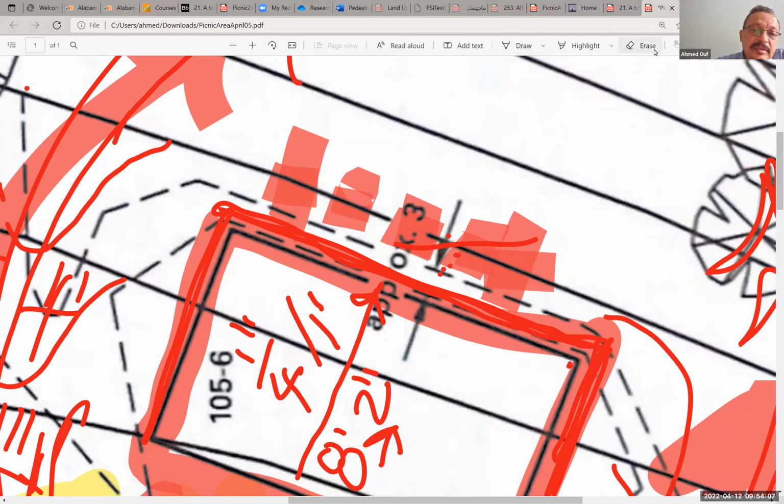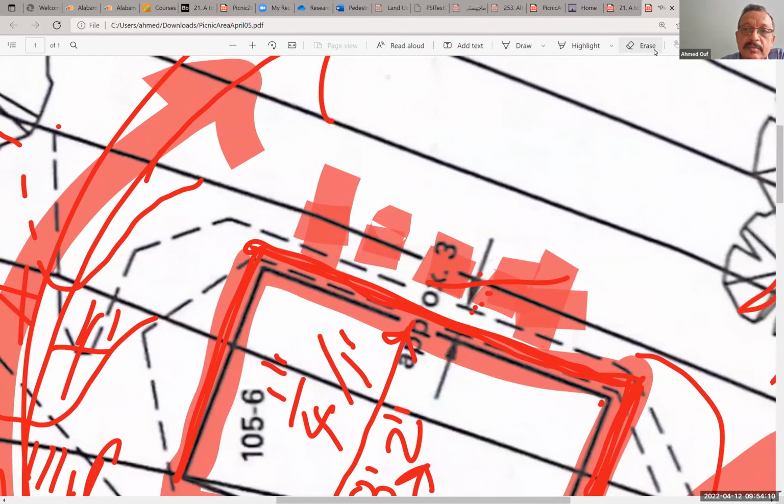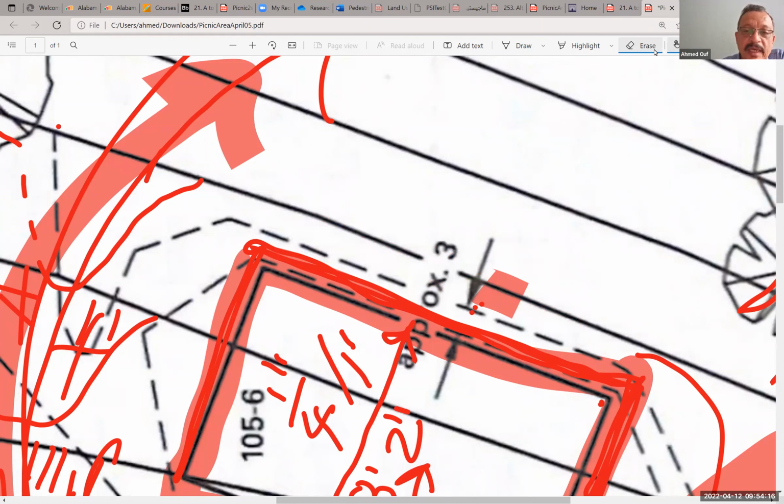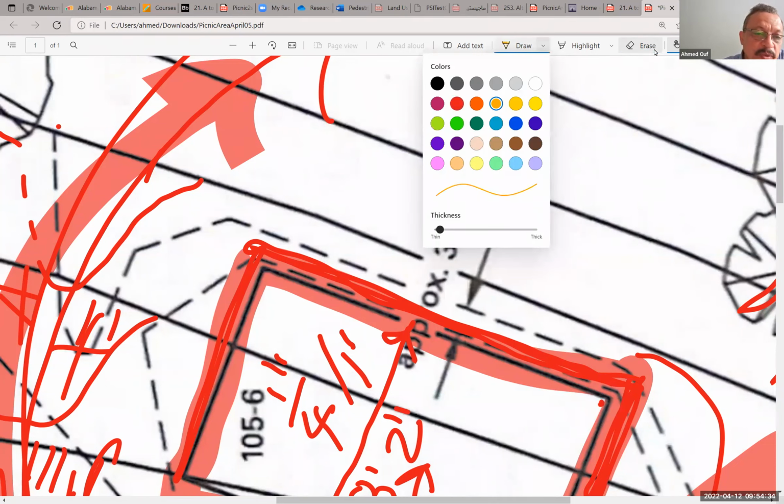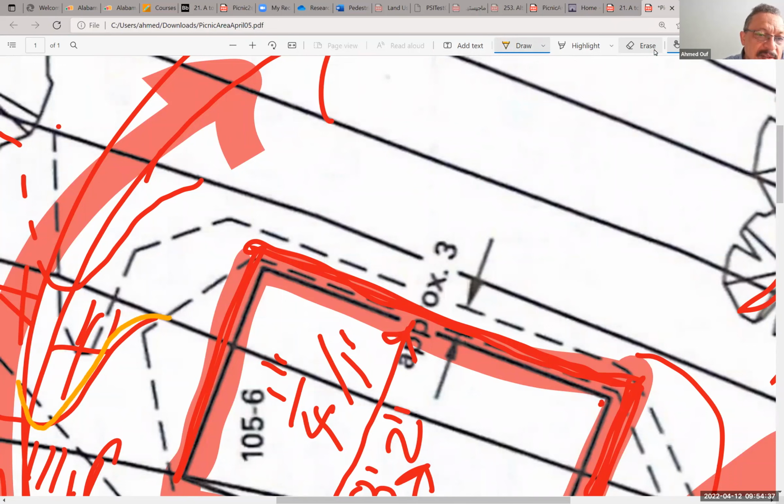I'm going to clean a little bit this area here. Clean it. And now we have a new issue that we need to deal with. When we did the digging of these side elevation, side grading lines here, let me use another color. When we did this digging, and maybe here also,